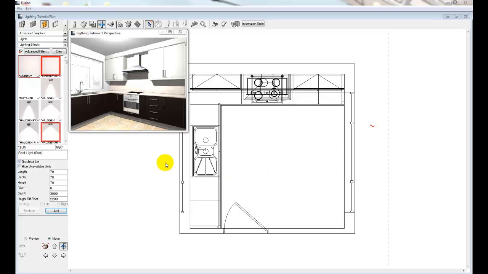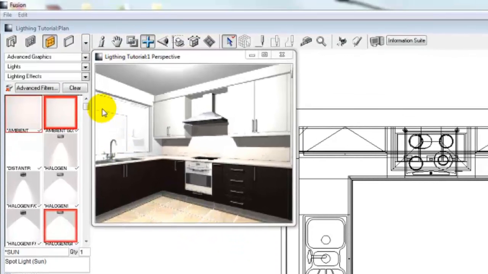Welcome to this two-part lighting tutorial. In this tutorial, I will be covering how to set up lighting in your Fusion design. For this tutorial, I will be using the lighting effects that are found in the Advanced Graphics catalog. I will first demonstrate what effect each light creates in your design, and then go over how to combine the